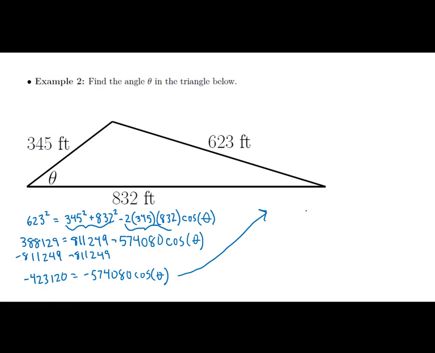So moving over here, that means that the cosine of theta is going to equal this quotient. And again, I'm not anxious to plug this into my calculator because I know I'm going to have to take the cosine inverse of this, so let's just leave it alone. So we know that theta should be the inverse cosine of that fraction, and of course I'm going to drop the negatives because